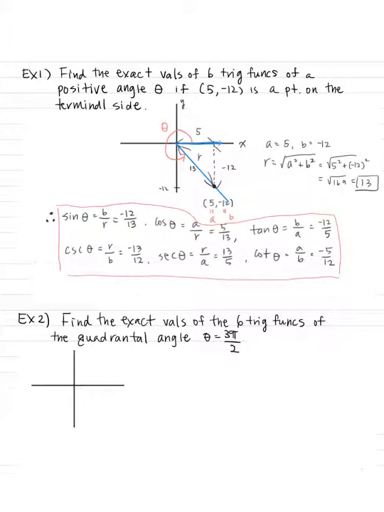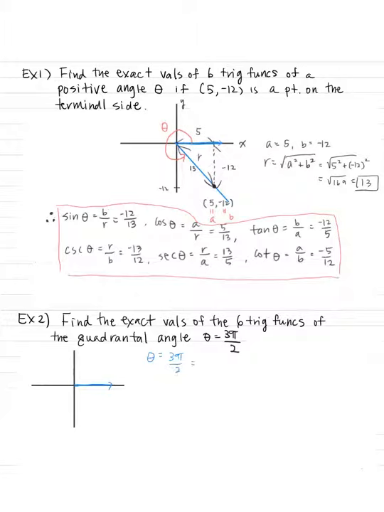I'm going to draw the initial side. I hope you can see this. So here's my initial side. And then let's measure 3 pi over 2. If you still haven't memorized it yet, if you're more comfortable in terms of degrees, when theta is 3 pi over 2,